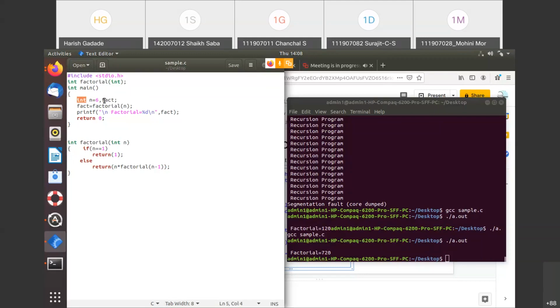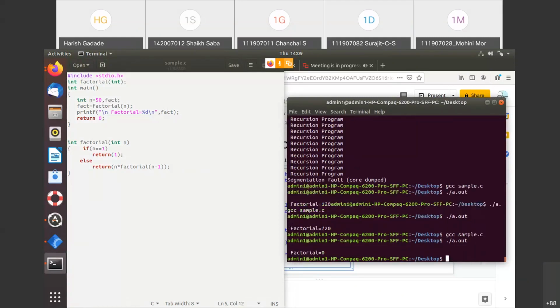As I have used the integer type for fact here, and integer has some kind of limit, so within that limit only the output would be displayed. If the output goes beyond that range, then it will not provide the correct output. One example, suppose I am taking 50. Let me see what the output would be, because it might go beyond that range.